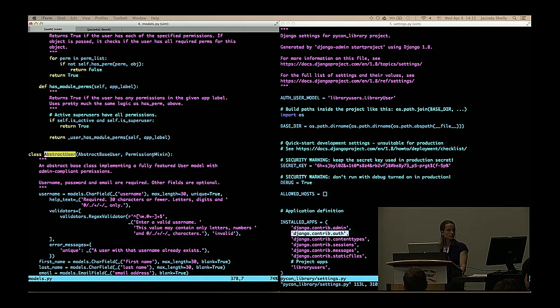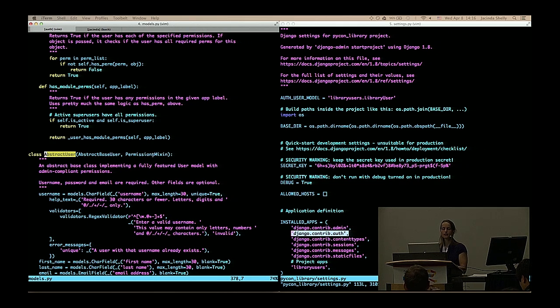I like to use abstract user as a teaching tool, and it's also useful if you only have a couple of additional requirements for your user model and not a lot of different kinds of users. Or what I've also done is subclass abstract user, put things that you have in common on all users on there, like if your user model requires having a birthday, which is fairly common, or a gender, subclass abstract user, add those fields like we did here, and then